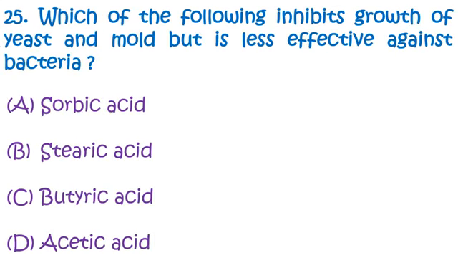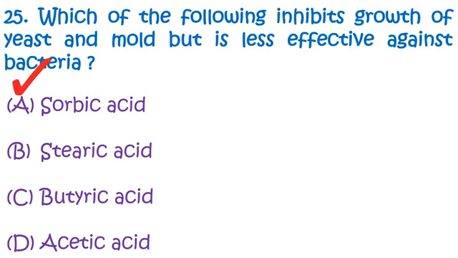Question number 25. Which of the following inhibits the growth of yeast and mold but is less effective against bacteria? Options are option A sorbic acid, option B stearic acid, option C butyric acid, option D acetic acid. Correct answer is option A sorbic acid. Sorbic acid works on the principle where it inhibits certain enzymes, thus inhibiting the protein transport mechanism within the cells